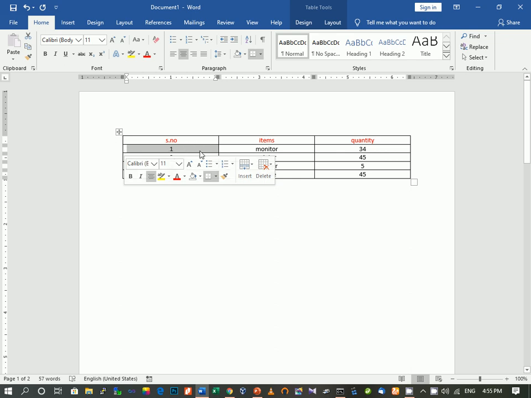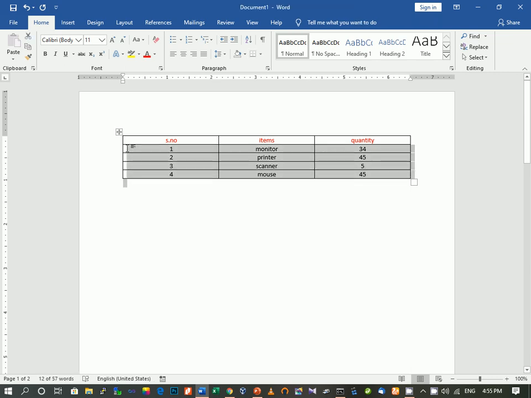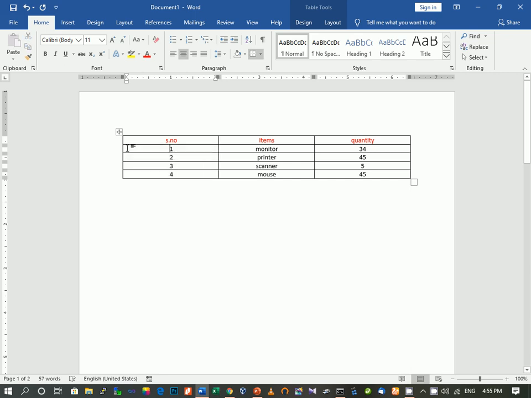Now if you want to select the complete row, you click on the left edge like this over here, then press the shift button and drag the mouse pointer up to the end of the row.